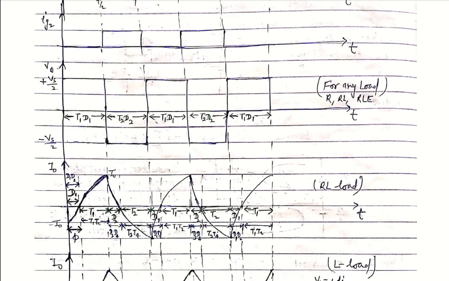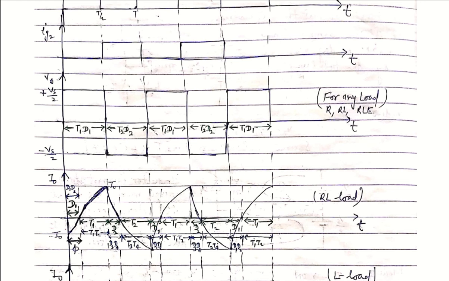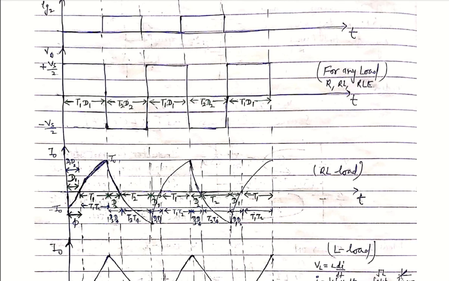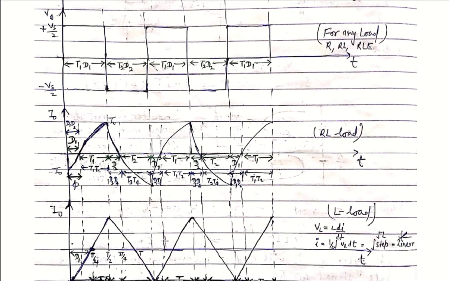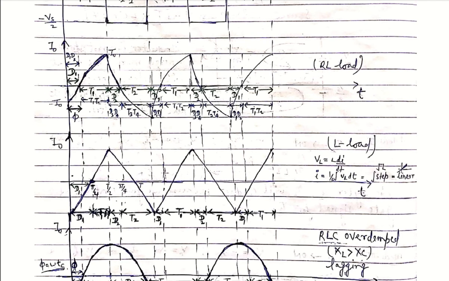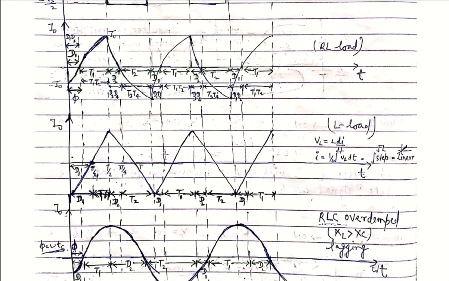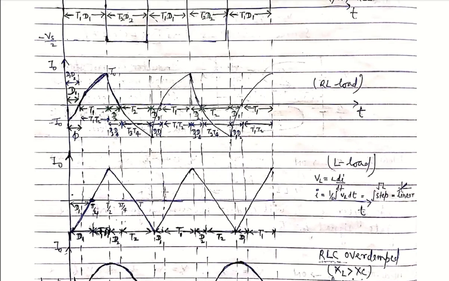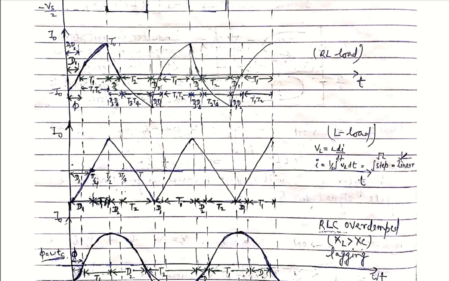This is the voltage waveform in which T1, D1 are conducting, after that T2, D2, and this sequence comes because it is a half bridge structure. I will draw the waveform, and in case of the full bridge structure, T1, T2, then D3, D4 are conducting. This is the current waveform in case of RL load. Here I will show the current waveform for all the load cases, that is RL, L, RLC. This is just a summary of the previous lectures, in which the waveform is drawn for the half bridge as well as the full bridge case. This is the waveform for RL load.